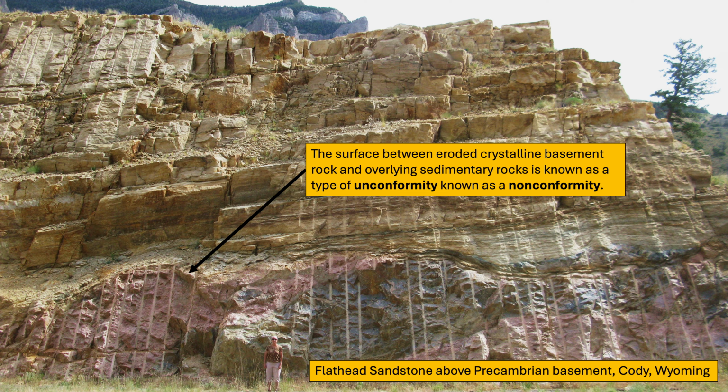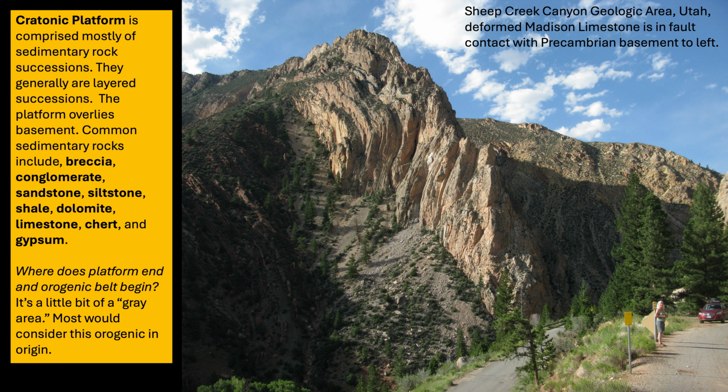So we get orogenic belts as well, but orogenic belts usually are going to affect the rocks that are in the platform. So platform rocks that have been impinged in some way would tend to get this sort of deformation in them. And this one's kind of cool right here. So this is actually in northwestern Colorado here. Actually, just going into Utah here. So this is the Sheep Creek